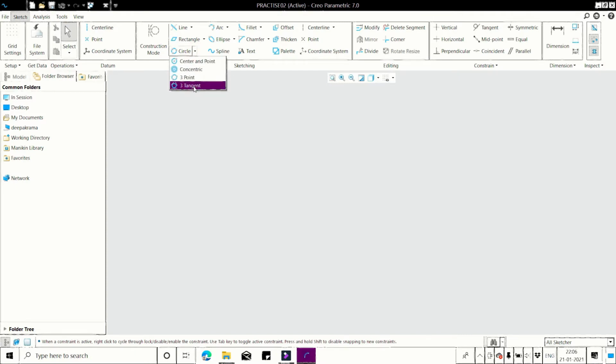Third one is the tangent. The 3 tangent circle means creating the circle using 3 tangent lines. So we have to draw the lines first. Then we will go for the 3 tangent circle option.